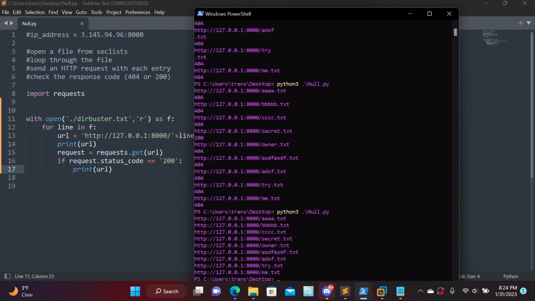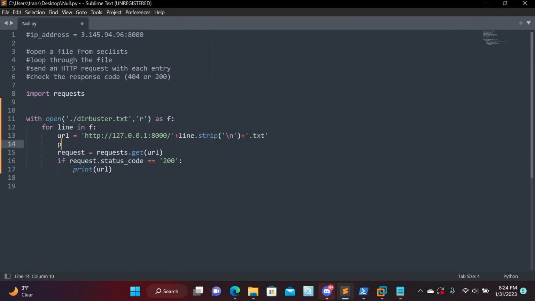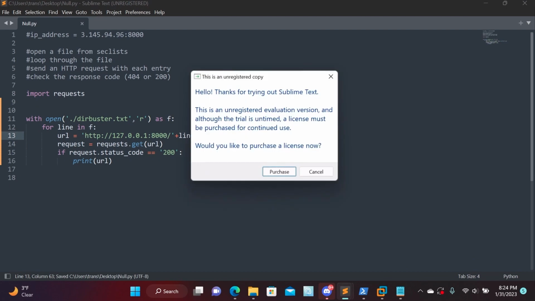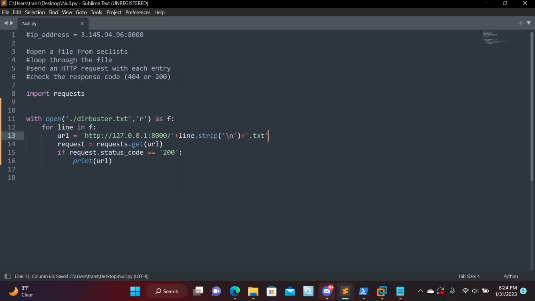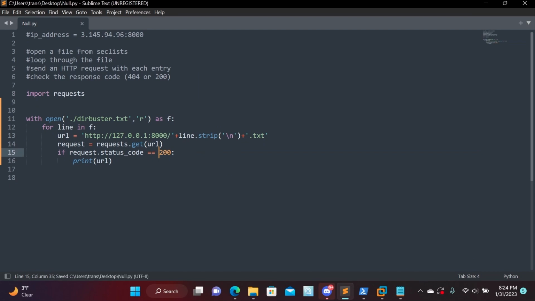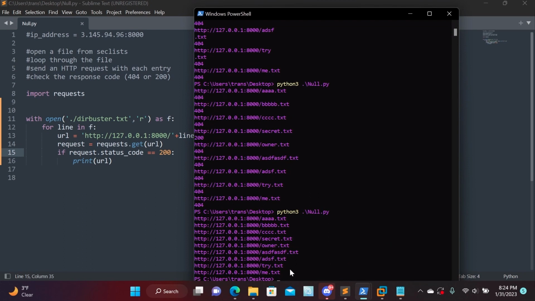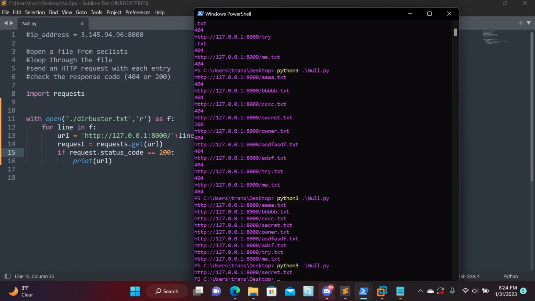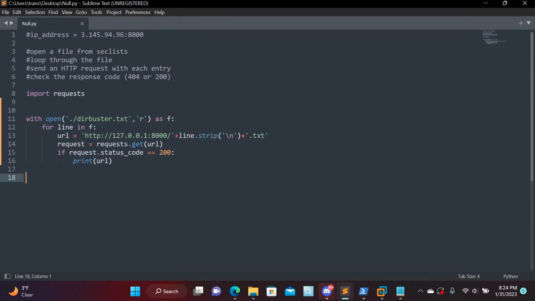That's not right. Oh, because I have this. Yep, I have that print there. So it didn't like this matching there for the string, it looks like. So let's go ahead and try it if it's just a number. And there you go. Now we have this one URL here that we know actually exists on the server